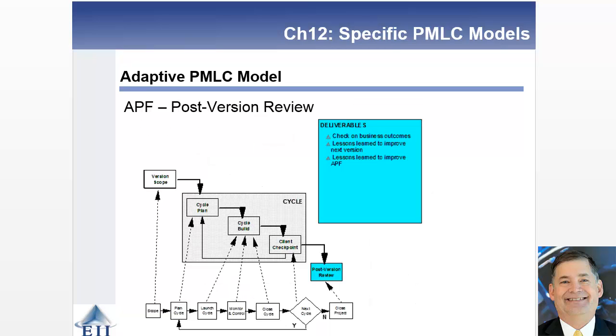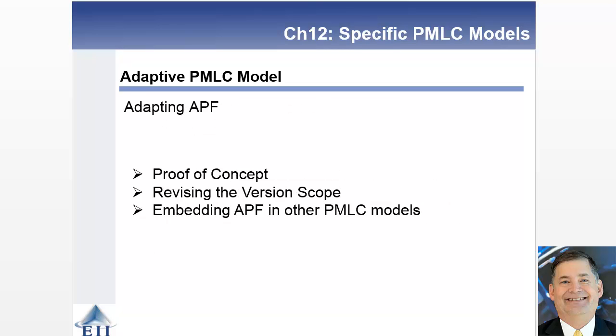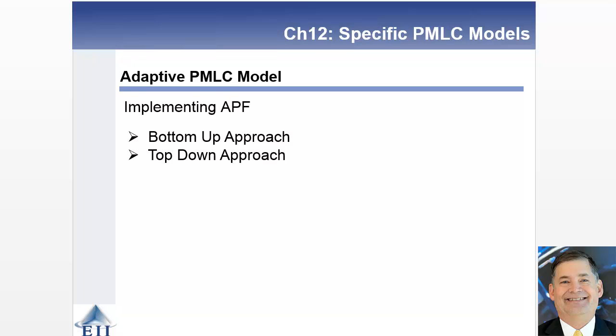You then move into the post-version review, and from the post-version review, checking against the business outcomes, lessons learned, and lessons to improve your next session going back through. And again, you have to make some decisions as well. So what questions were the business outcomes realized? What was learned that can be used to improve the solution? And what can be learned to improve the effectiveness of the adaptive project framework? So again, you then do this adaptation, going back, looking at version scope, and then figuring out how you're going to embed this within the model. So implementing,